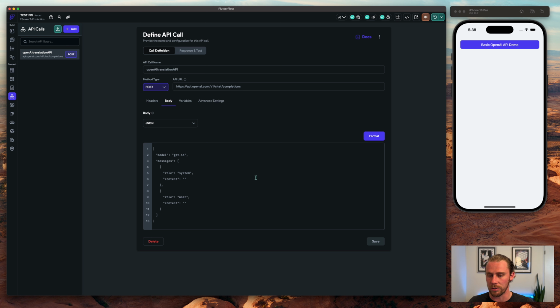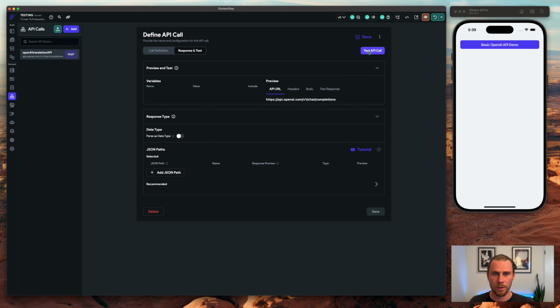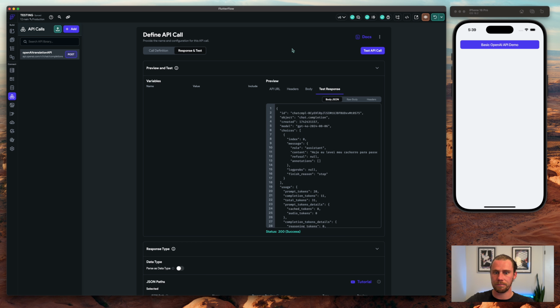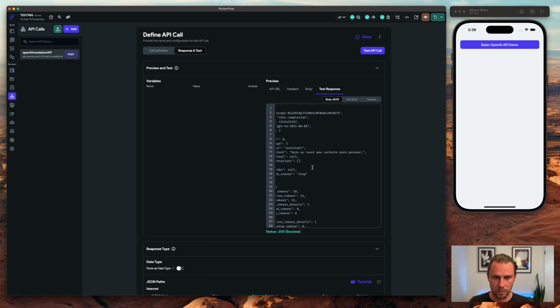So for the system prompt, let's just give it a very basic prompt, and we'll say translate the following text. And then the text that we want to translate will be, today I walked my dog. So before we go any further, let's just make sure that we did everything right so far and test this out. Okay, so we can see